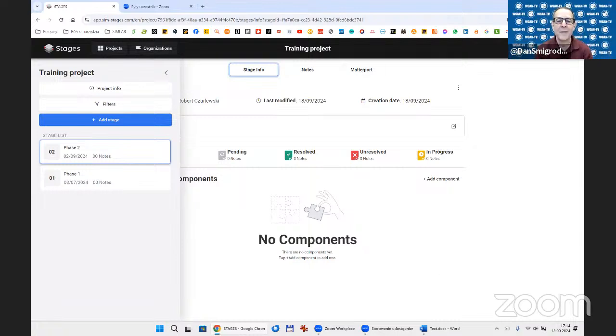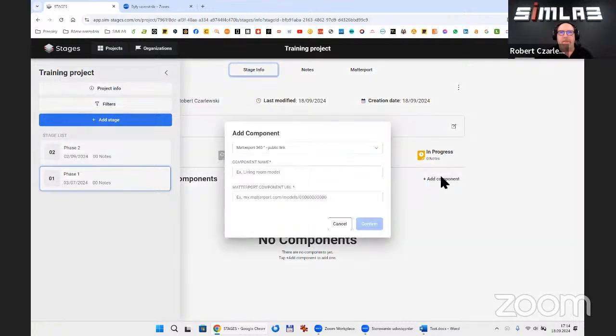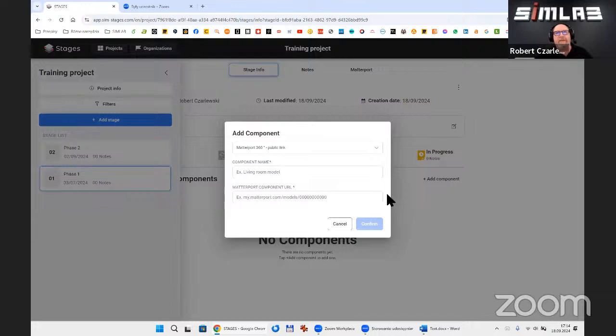Okay. Now we have to equip our stages with scans. To do this, we have to go to the menu Add Component here. And as you can see, we can add scans to this particular project stage. Excuse me.